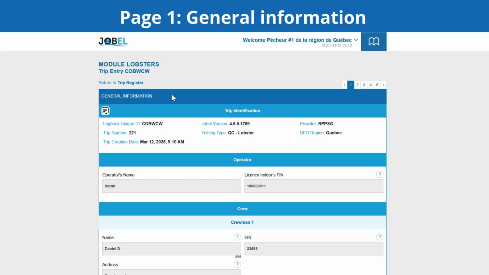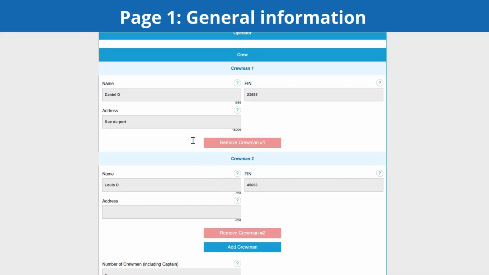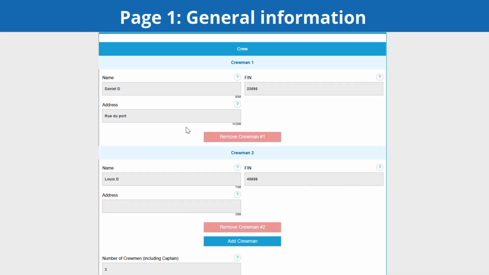Page 1 is dedicated to general information of the trip. A logbook unique identifier composed of 6 capital letters will be generated automatically for each new trip. To bring modifications to the crew registry, click on the Remove Crewman button or Add Crewman. These modifications will only affect this trip. Complete the requested information,